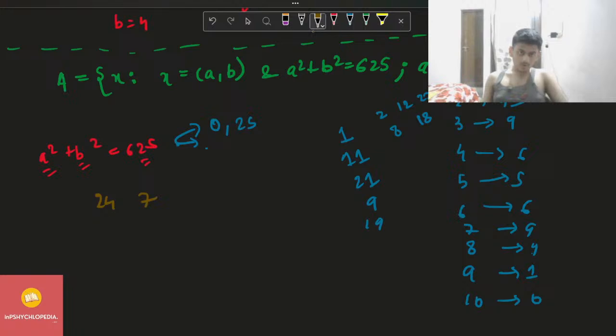Now 24 and 7, this will be one of the cases, right? And another case will be, let me check right now here, I don't exactly remember, I think it was 14. 14 square is 196, and let us subtract 625 from it, so it will come out to be 9. 11 minus 9 will come out to be 2, and then 4, and 429